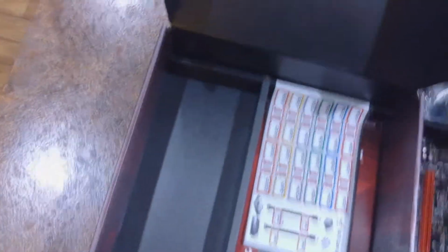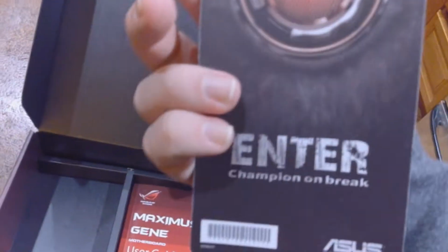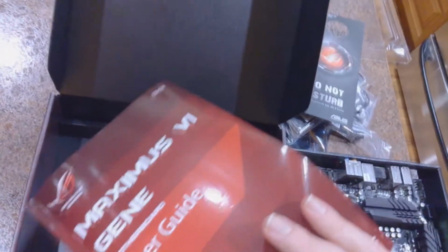2 Q-Connectors, one for the front panel. I didn't know that they gave you one for USB 2, but I thought that was interesting. Stickers, you can put these on your SATA cables if you got a lot of hard drives to keep track of which hard drive is what. Then we got a door hanger to keep people out if you're silly like that. And then we've got the manual that came in the box, and inside the manual, of course, is the driver disc